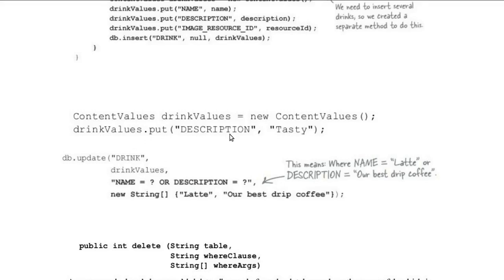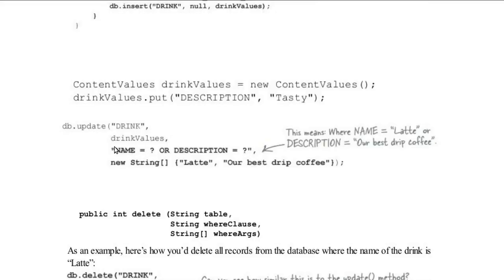Similarly we have the update. If we want to update instead of insert, first we give the table name, then the values that we want to put here. If you see, we want to update the description to tasty. So here we have created the drinkValues object, and then what do we want to change? We want to change where name equals question mark or description equals question mark. It means where the name equals latte or the description equals our best drip coffee.